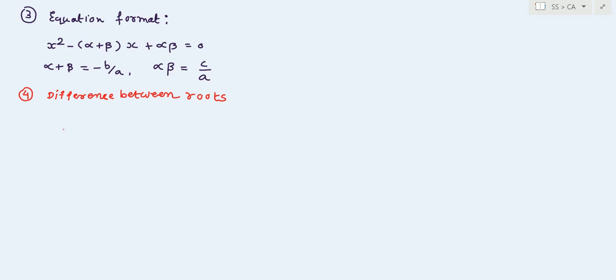Okay, so we can write difference between roots means alpha minus beta,